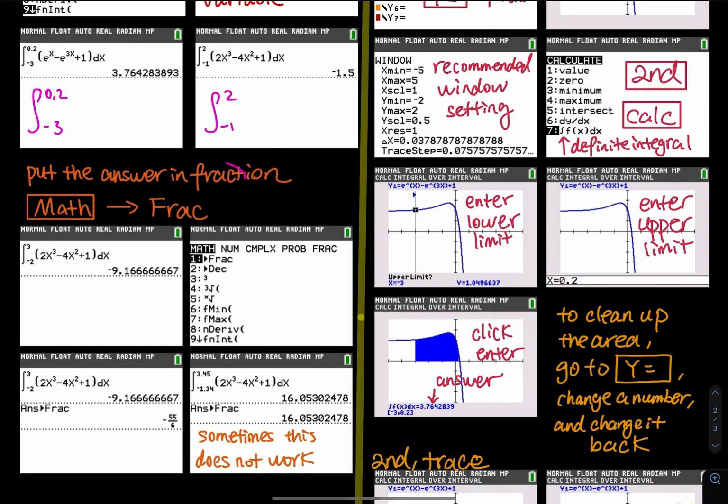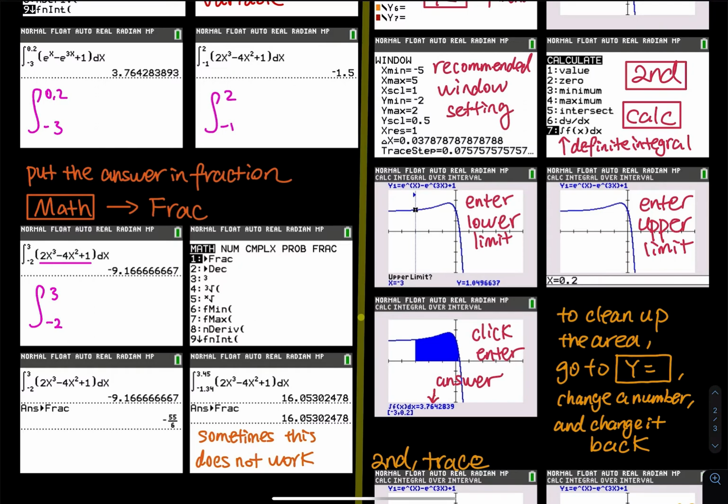The next piece is right over here. This piece is for taking exams and doing homework online, because when you are doing homework online, especially like MyMathLab or WebAssign, most of the time they do not take approximations. If they do not take approximations, then you have to know what the final answer is in fractions. Let's say I use the integral from -2 to 3 of 2x to the third minus 4x squared plus 1. You evaluate this definite integral and you get -9.16,